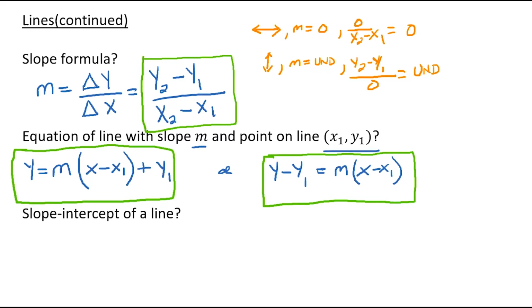One of the most common ways to write an equation of a line is to write it in what's called slope-intercept form. It's a very useful way. You can easily identify the value of the slope of the line and the y-intercept, which when it comes to graphing, these are the two pieces of information that you need to graph any line. So first,